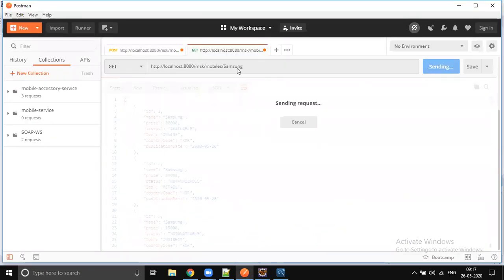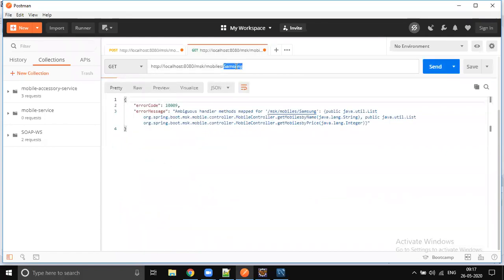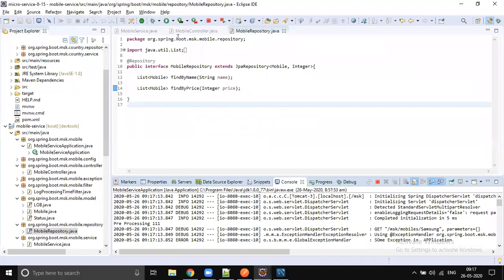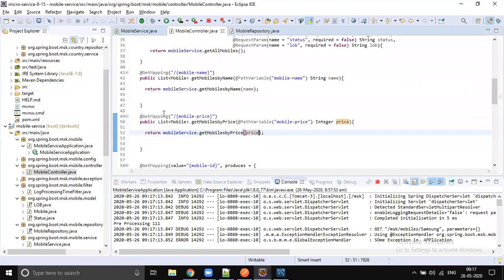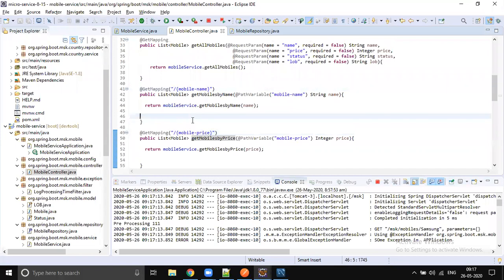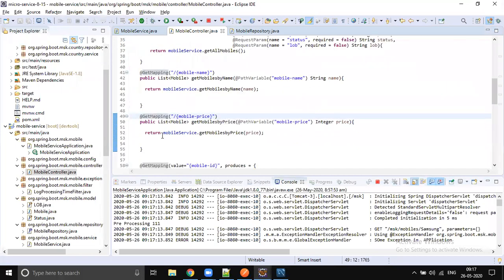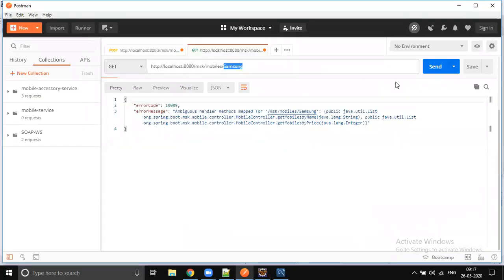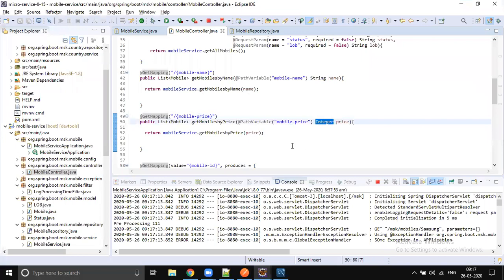By name, it's working. Get mapping mobile by price. It's some integer parameter, right? So get mobile by price. I think some kind of conflict is coming just because of this mapping. Even though it is an integer, it is not working out.